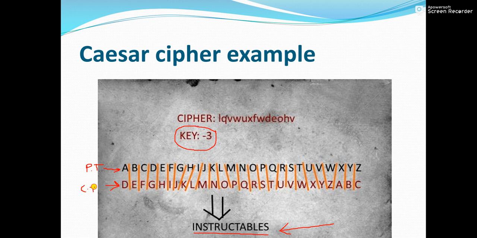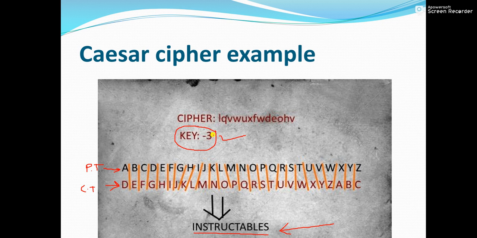So we have decided upon a key 3, which means the sender and the receiver will decide upon a common key. So 3 is the common key decided by both. What does it mean? Shift 3 letters down the alphabetical order.